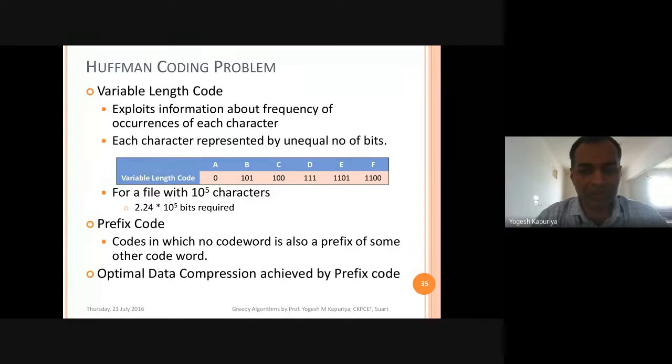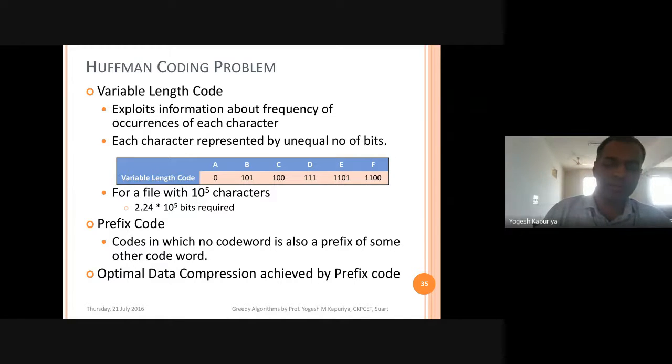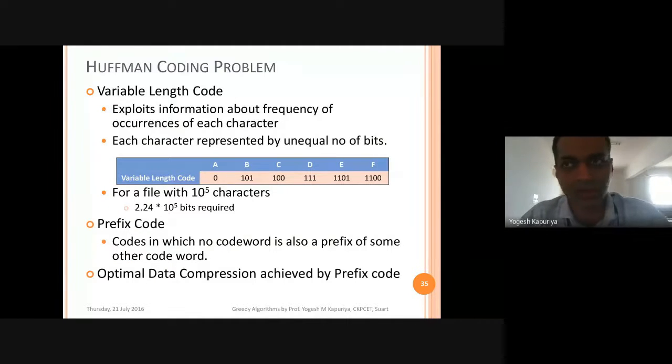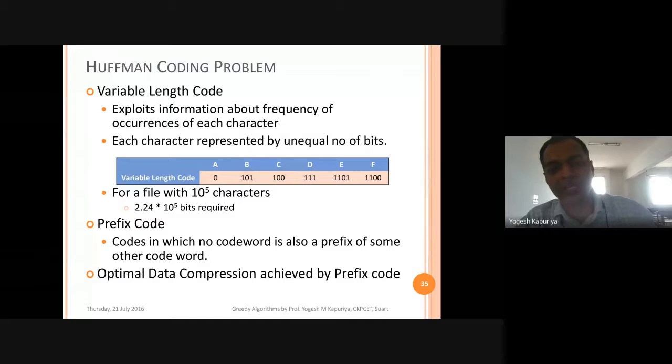So this problem statement, Huffman coding, is basically dealing with how to code. Means if there are, let's say, 26 characters in the text which is being given, then which character or which letter should be given what code, that is what Huffman coding targets. We have discussed in the previous session that there are two types of scheme. One is a fixed coding scheme. In a fixed coding scheme, you have a fixed length code to represent each letter. Whereas in a variable coding scheme, you have a variable length code to represent each character.